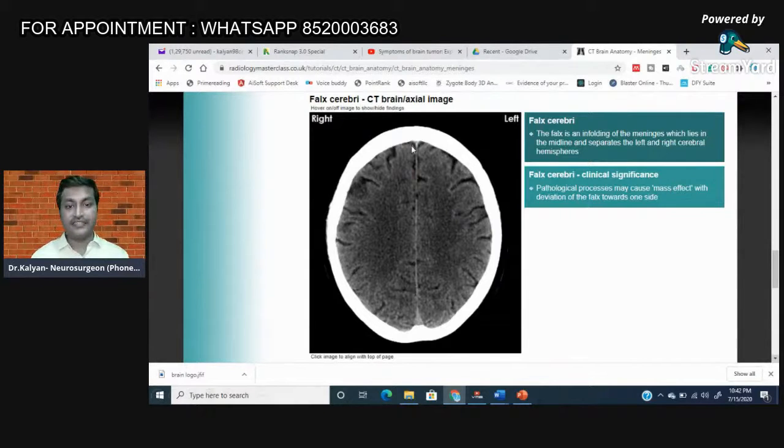Yeah, this white structure is known as the falx cerebri. This falx cerebri separates the brain into right and left. It is the dural structure which is hyperdense, white in color, known as the falx cerebri. And what do you call this fissure? This fissure which separates the right and left part of the brain is known as the interhemispheric fissure. The interhemispheric fissure is an empty space filled with CSF, and the dural structure lying in the interhemispheric fissure is known as the falx cerebri.